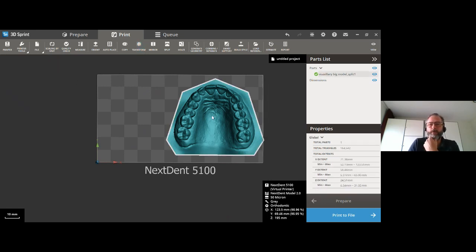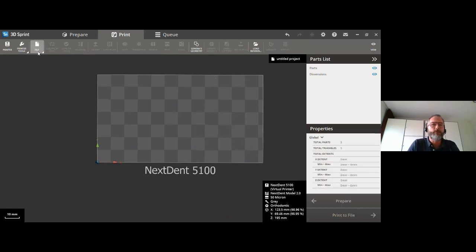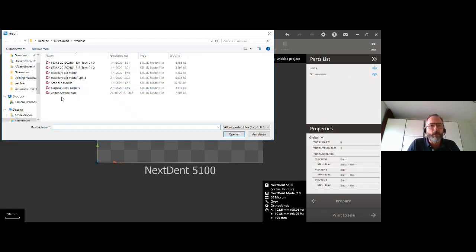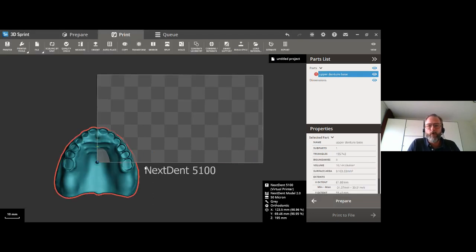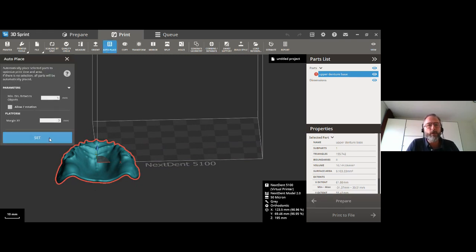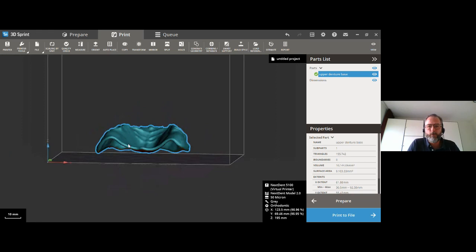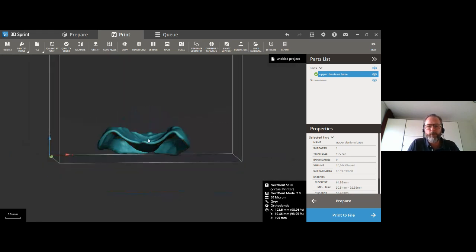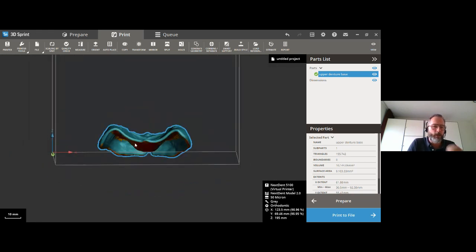The denture base for the CE is not yet available. So that's why currently the application team is looking at what would be the best orientation for printing dentures. And let me see if I can take the denture. It's always easier to explain when you have the real thing at hand. At this moment, we have found that the orientation that I just showed is, and we're talking about microns, no mistaking there. If you would print it like this, I'm sure that you will also have a fitting surface,